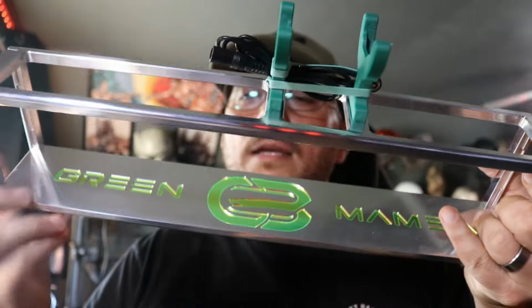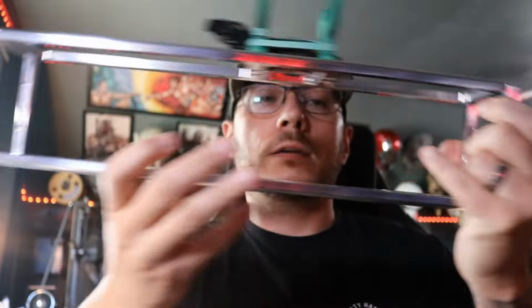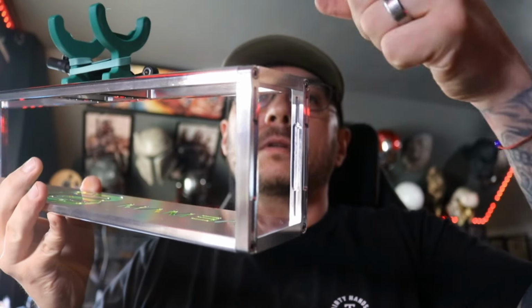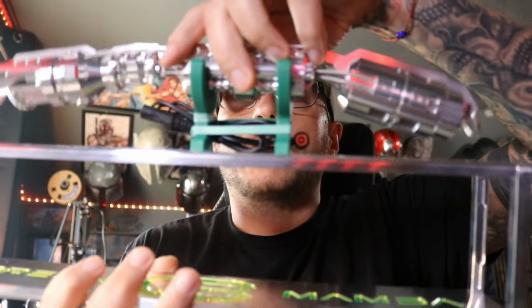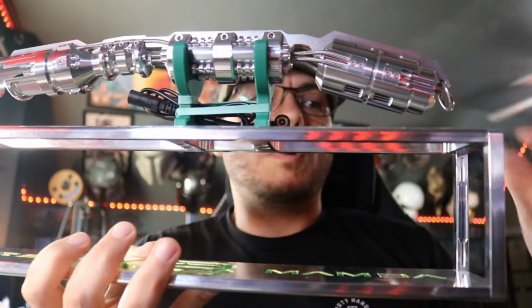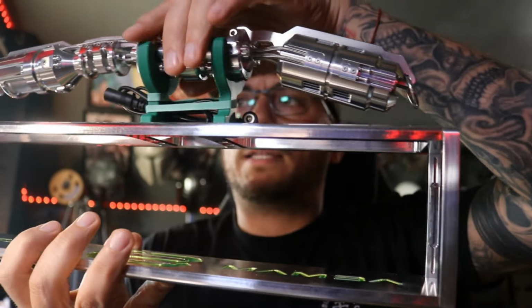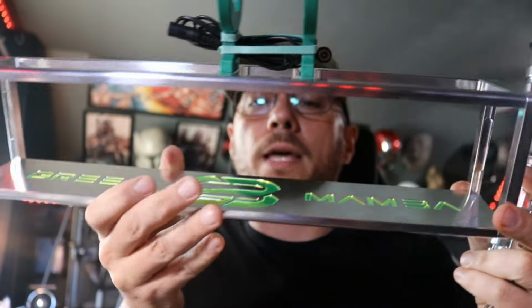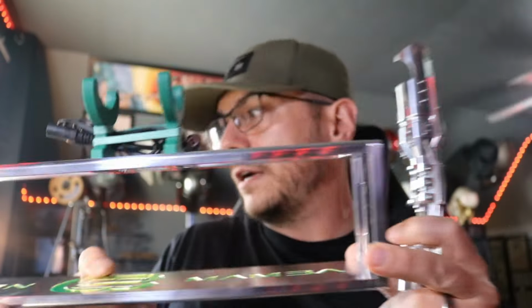But when you first get this, this is on the outside. So what you do is you take these screws out here, and they swing around until they're up top here, and then this nameplate actually bolts to the top with the Saber inside of it. And the Saber looks like this when it's sitting inside of it, right? It looks just like that. So you unbolt those arms, you fling them down like this, and then you bolt the nameplate to the bottom so that you could display it like this. So this is a very nice display. All machined aluminum, and then they have this green acrylic that they did some inlays on. So very cool with that. I'll have to figure out how to put this into my cabinet somehow. But anyway,